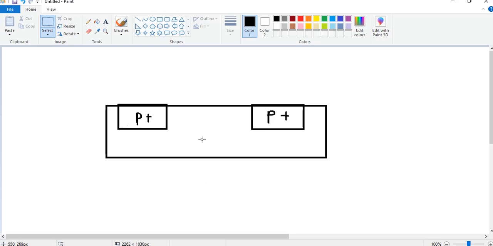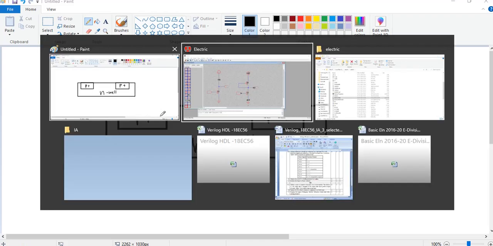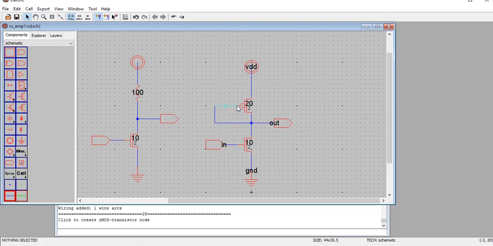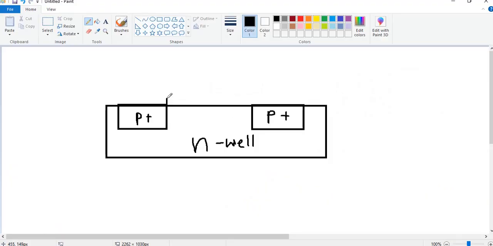Now if I consider a PMOS, this is the structure of the PMOS, this is my N well or N substrate. What exactly have we done here? As you can see, the gate and the drain are shorted. So if I do the same thing over here, this will be my oxide and this will be my metal. I am going to short gate and drain.